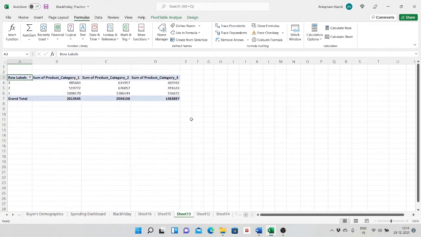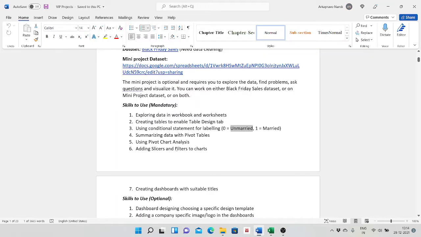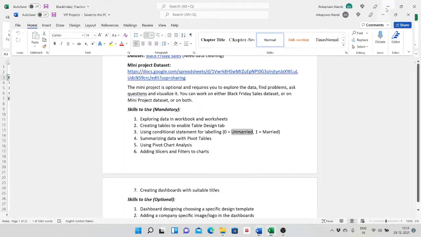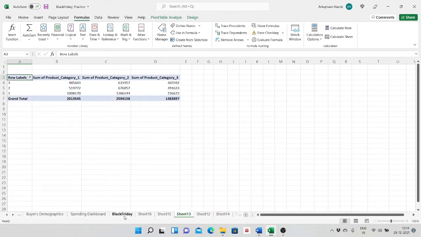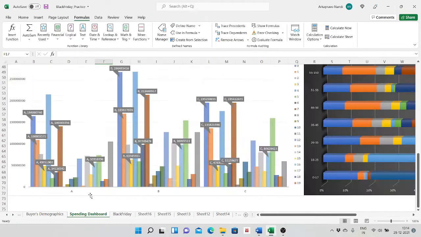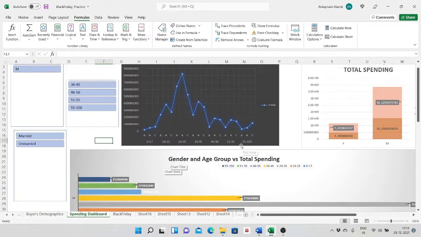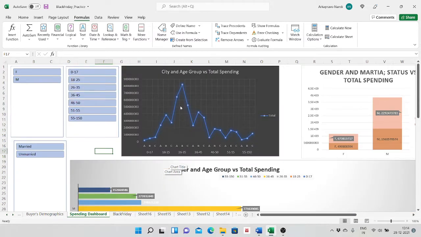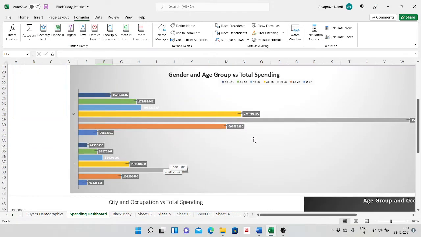Now I want to go to the design of the dashboard, where I will show the sliders and how their effect is seen on the dashboards.